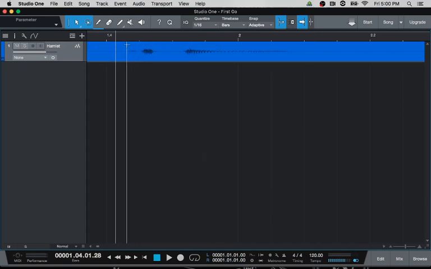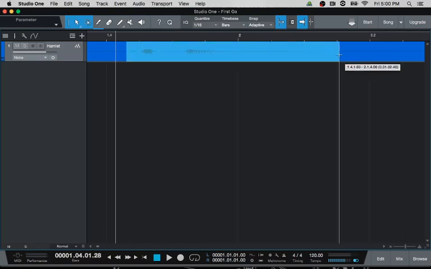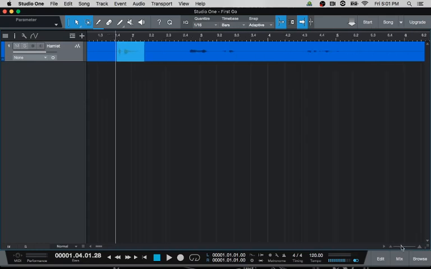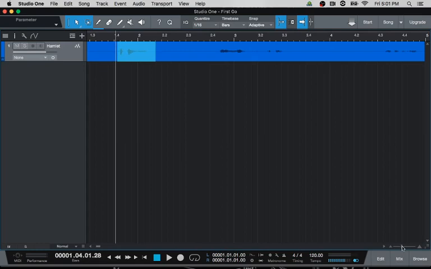Okay. So now I can select this, and there are a couple of things I can do. Before I start cutting and pasting, I want to talk about looping, and the reason is because looping can be really useful when you're trying to figure out what you want to splice out. So, right now, when I press play,